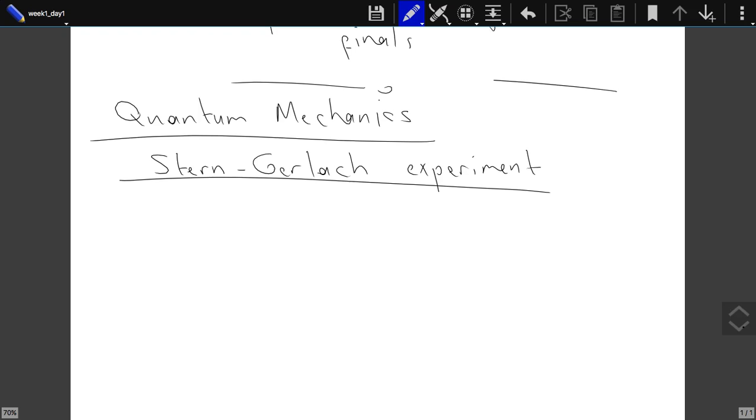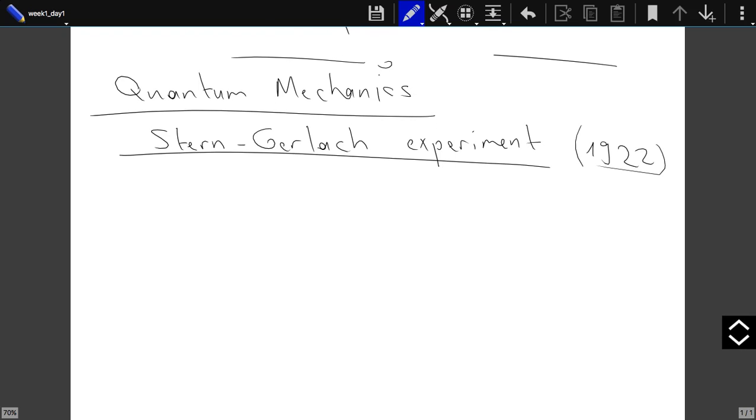You can find the papers online. The paper by Stern and Gerlach is available online, and through METU you can read those. Well, they are in German, unfortunately, so if you speak German, you can even read them. The papers are from 1922, describing what they did in the experiment and their actual observation. Now, what they did was they